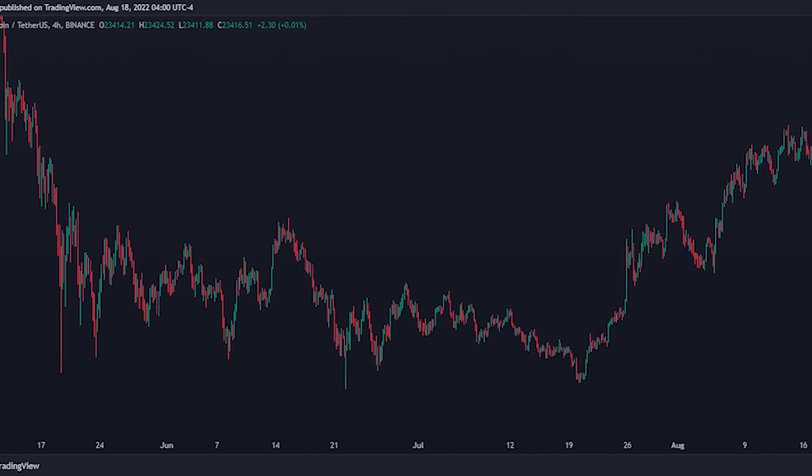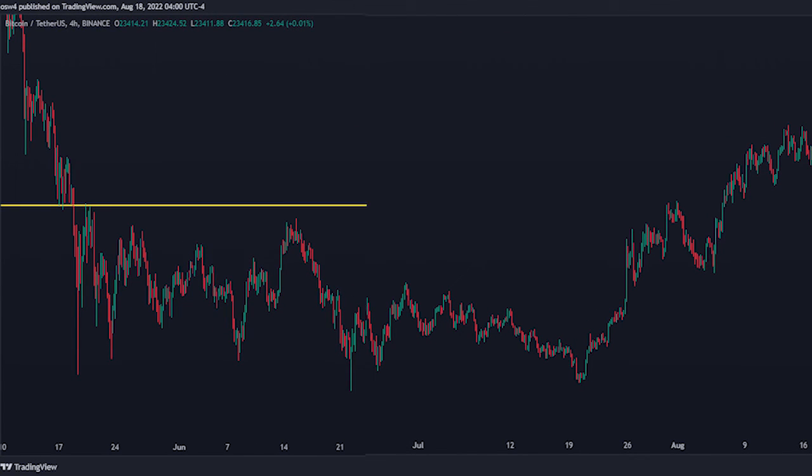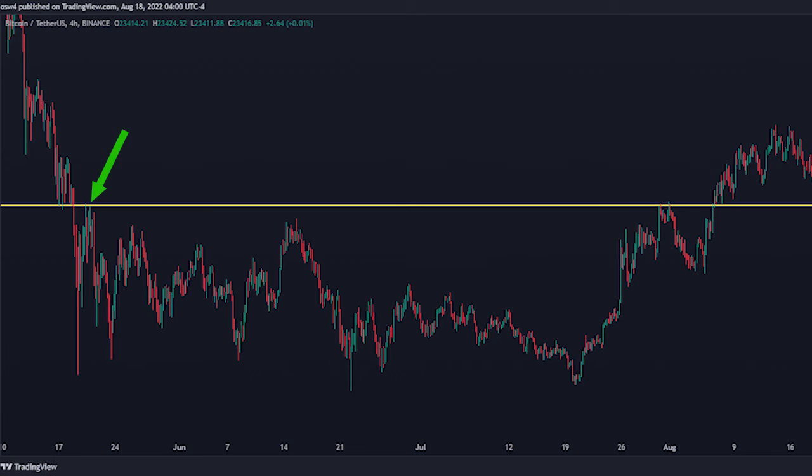Number 2, how long has it been since the collision? Here we have had an encounter with this resistance much earlier, and a lot of time has passed since then. So it can be said that this level has lost its strength or its strength has decreased. As you can see ahead, this resistance has been broken at this point